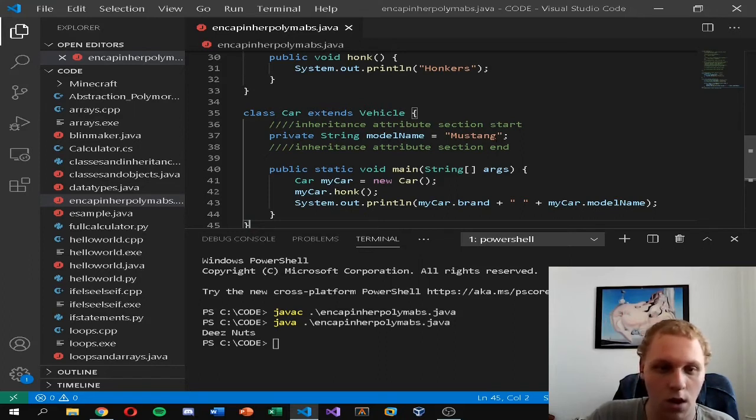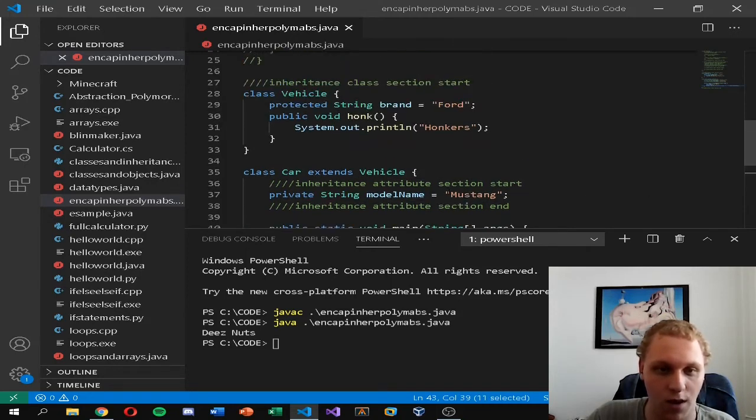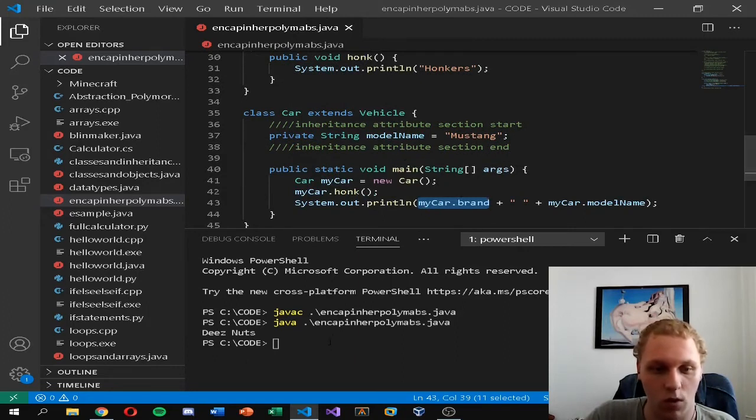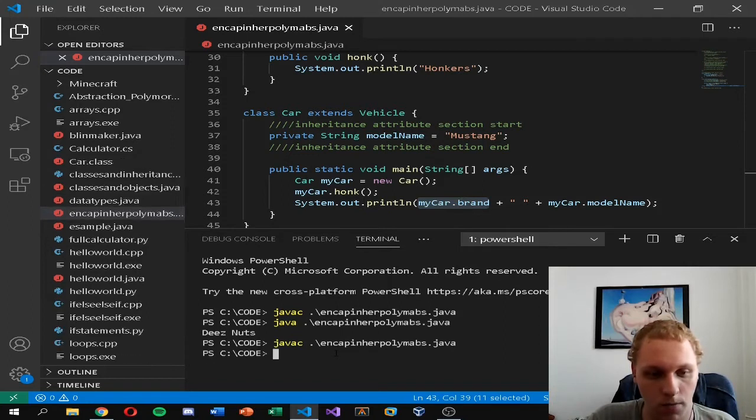This is really cool. The reason why we're able to use myCar.brand is because we're inheriting from our Vehicle class. This brand variable is only specific to the Vehicle class, and since we're inheriting from it, we are able to use it. So now if I decide to compile this code and run it,